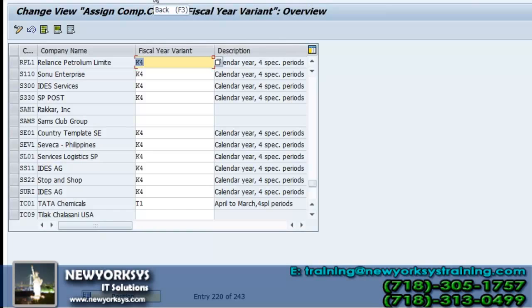If the client is confused with the terminology, you will explain that the accounting year is from April to March, and the calendar year is from January to December. That is how you need to build up the scenarios in your mind. This is how we tackle real-time scenarios with the client.